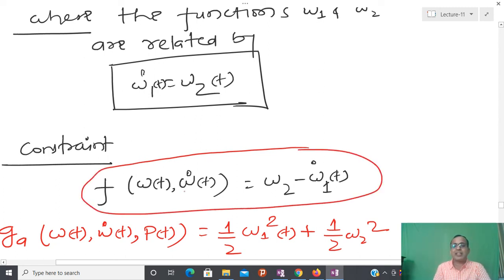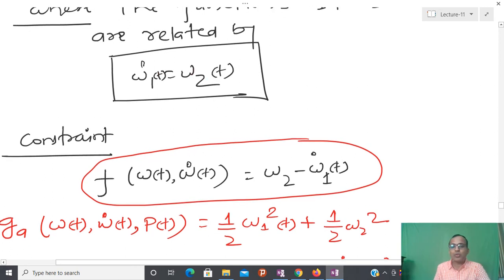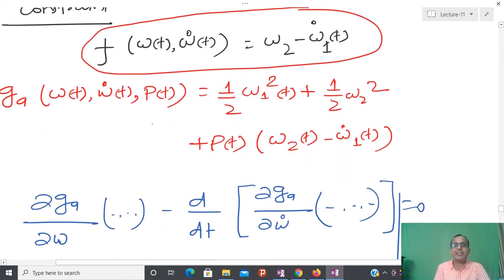So you can see that now here I can express this quantity like this also. So this is my constraint now, and the constraint at the extremization point should be equal to 0. So somehow that is given by the differential equation, omega 1 dot, d omega 1 by dt at omega 1 star, equal to d omega 2 star by dt. Now how to solve this problem? You can define the augmented function. And I have already told you that now there is no need to worry about the development.